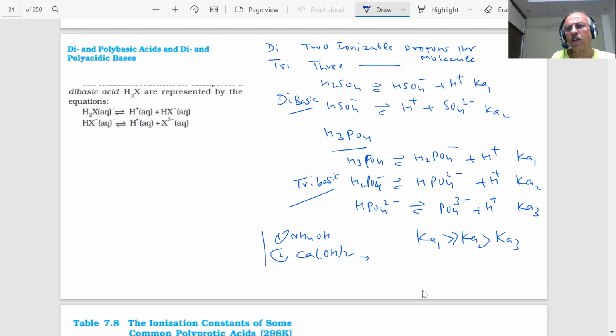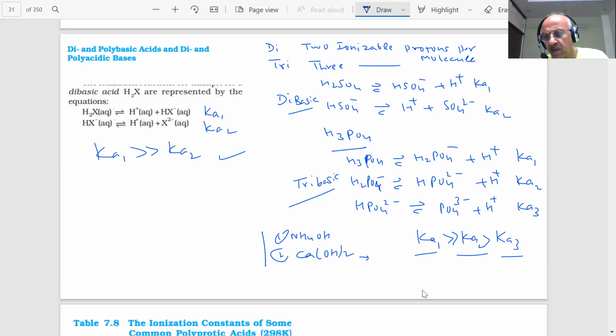Most of the times we are more interested in acids, you know that, because most of the time we are talking about acids. So we are aware where the values will lie in the case of acids. H2X is a dibasic acid because it is undergoing 2 ionizations, Ka1 and Ka2, and you know Ka1 is larger than Ka2.